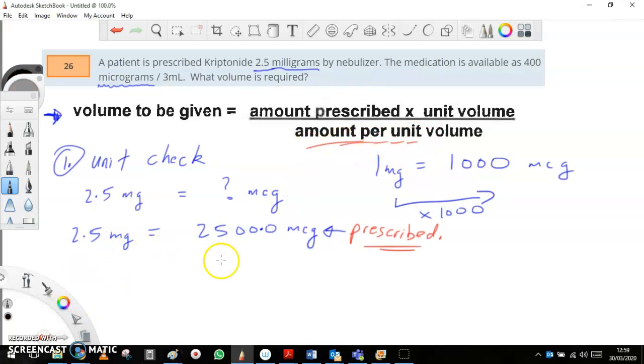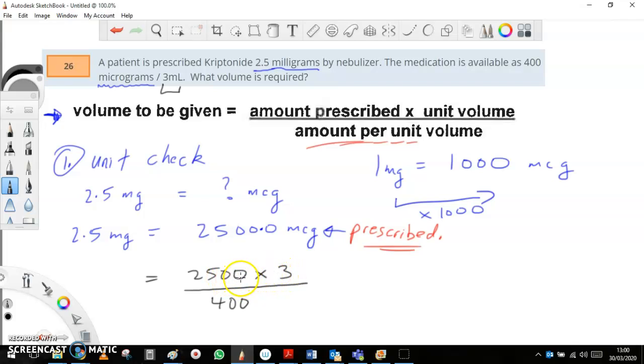So, ready to load up our formula now. The amount prescribed is not 2.5 milligrams, we're going to put it in micrograms, so it's 2,500 multiplied by the unit volume, and the unit volume is 3 mils, you see that? So it's 3 all over the amount per unit volume, and that's 400 micrograms. You see, 400 and the 2,500, they're the same type of unit. They're both micrograms. Okay, now